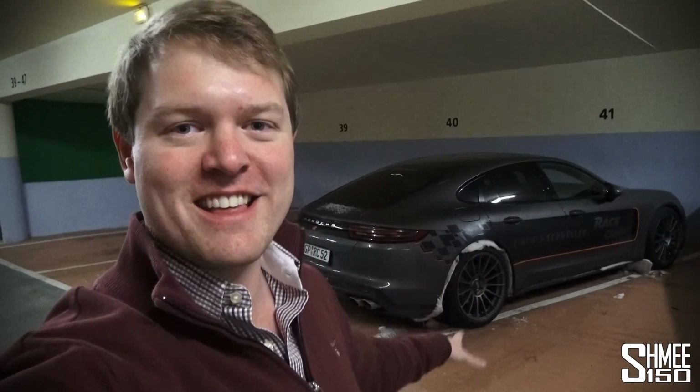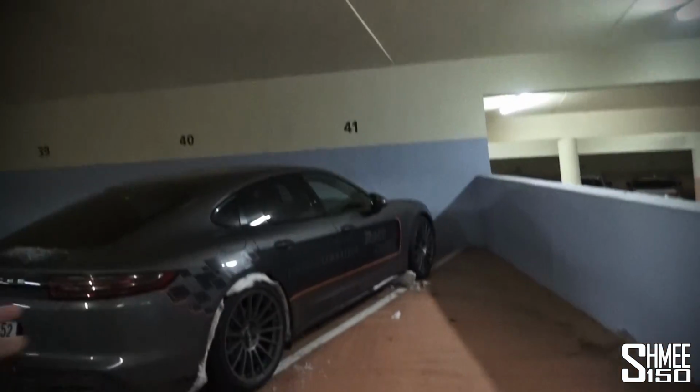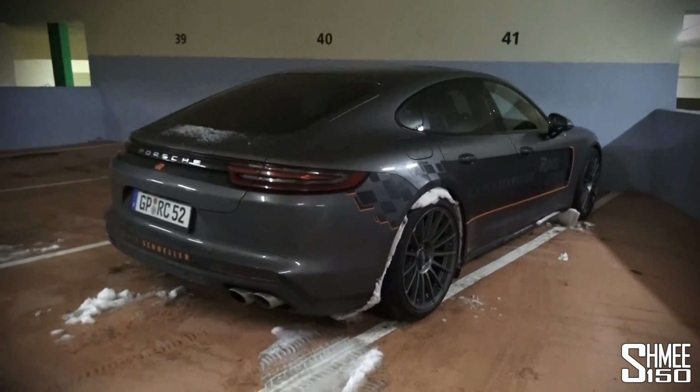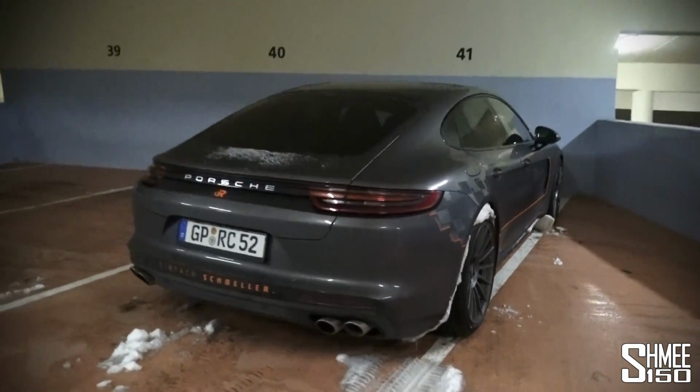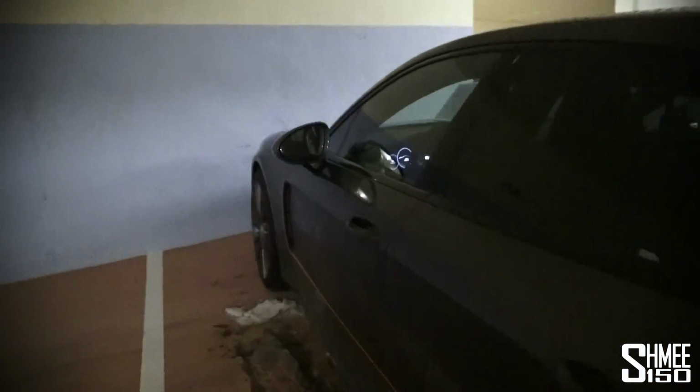from the previous generation. If you haven't been watching my tour videos, I've driven from RaceChip in Stuttgart with the Panamera 4S diesel. This car has the RaceChip installed, so it's got about 80 horsepower more and 200 Newton meters of torque more than the standard car, but with the ability to return it back to standard via the RaceChip app, so that's quite cool as well. I've really been enjoying driving it. As you can see, there's quite a lot of snow in the arches, and there are more videos to come as well, but for now, let us head round and jump inside,